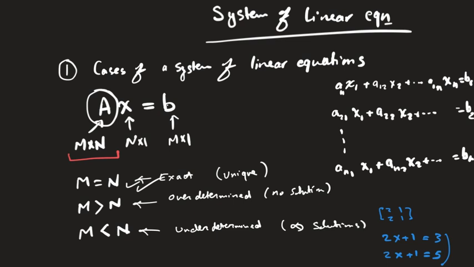If you want to look at things geometrically, it's much easier to figure it out, okay? Now this, as opposed to this equation, for example, another example, which is singular and infinitely many solutions. So you have 2x plus 1 equals 3, and the other equation is 4x plus 2 equals 6, right? Now those two, when you get the matrix, again the matrix is going to be singular. You cannot invert the matrix, but the